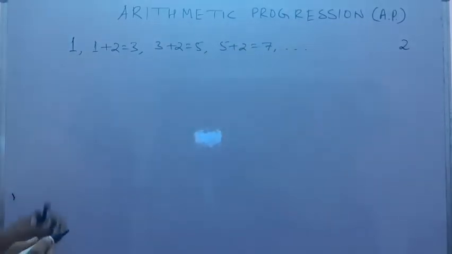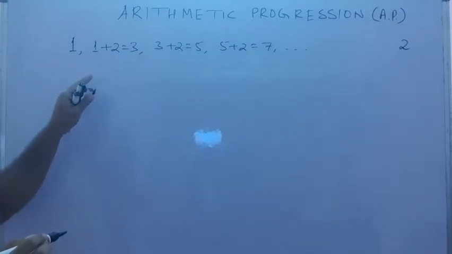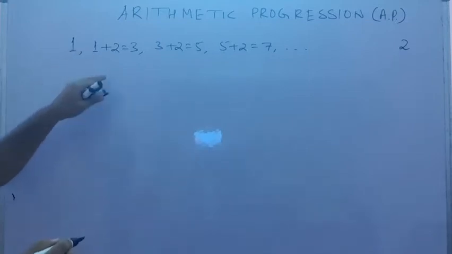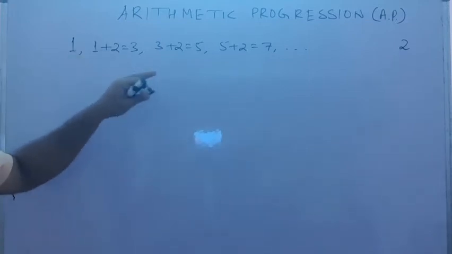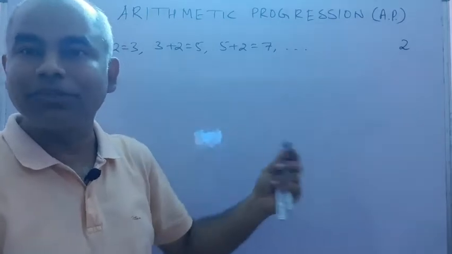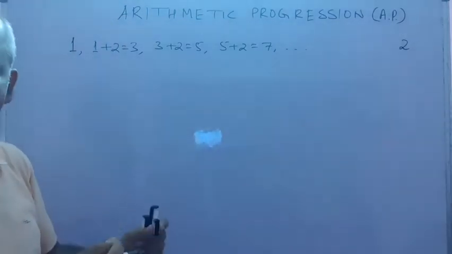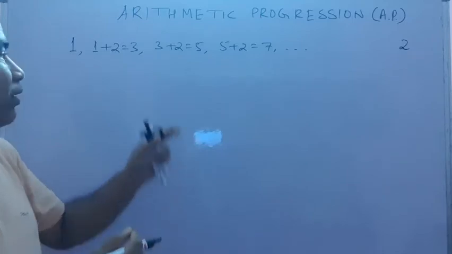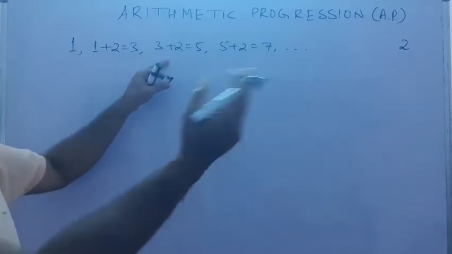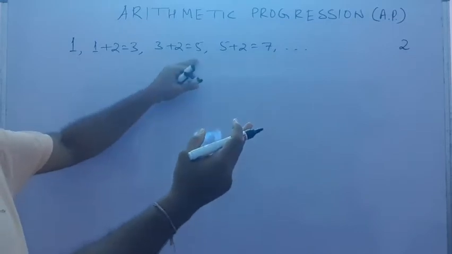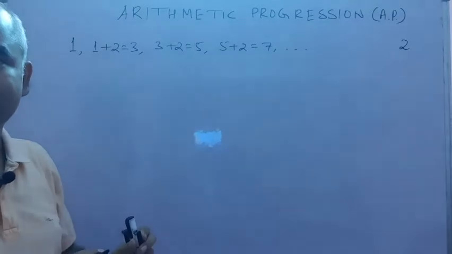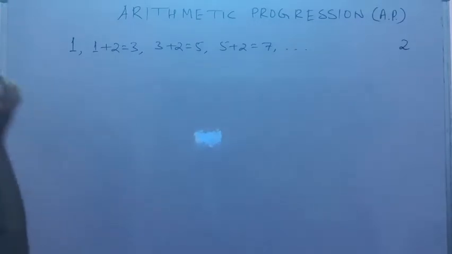That means here I start to write some numbers. In which order? First I write a number of my choice. After that, to get the next number, I add a particular constant. Suppose the constant I choose is 2, so I add 2 to get the next number. So I get 3. Again with 3 I add 2, the same constant, to get the next number 5. Again I add 2 to get the next number in this way. Okay, clear?